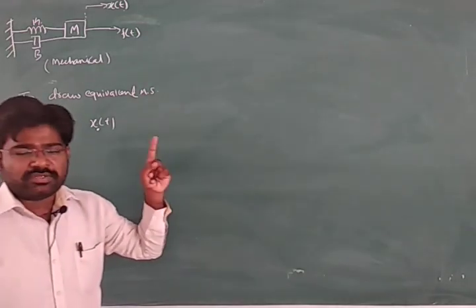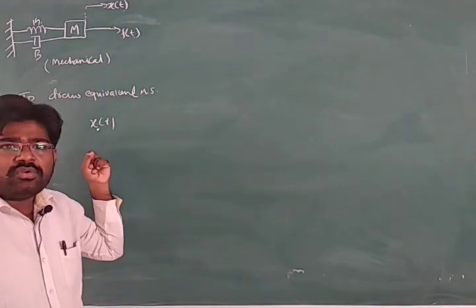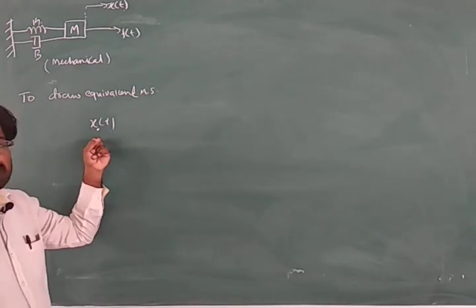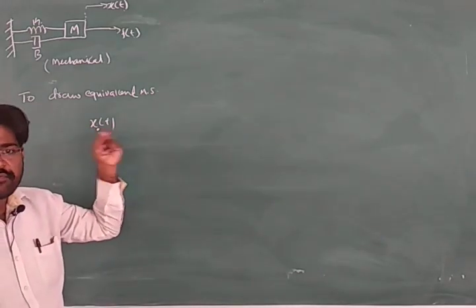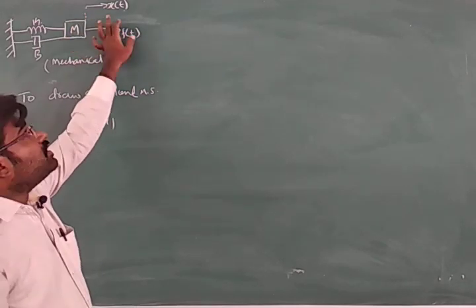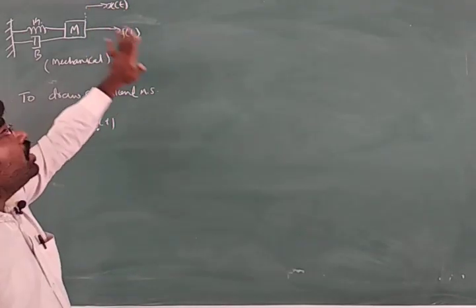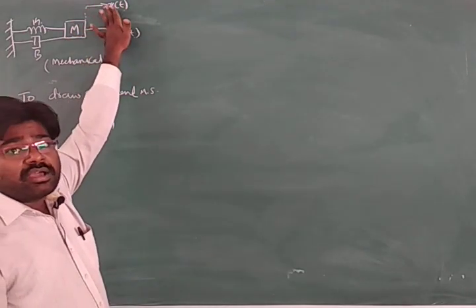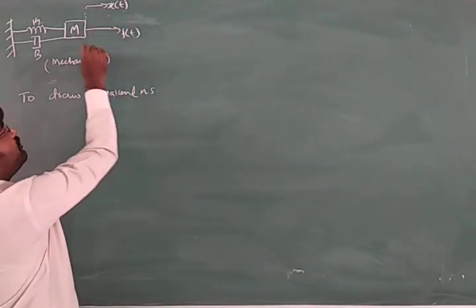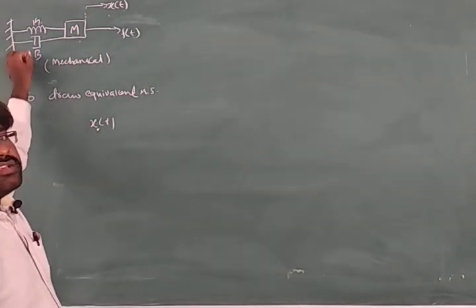First we have to identify how many displacements are there. Then depending upon the number of displacements, we decide the number of nodes, and mark the number of nodes available in the given system first. After that, we have to see how many elements are influenced by displacement, or in a simple way, how many elements are connected to the displacement. So to this x of t, how many elements are connected? M, K as well as B.